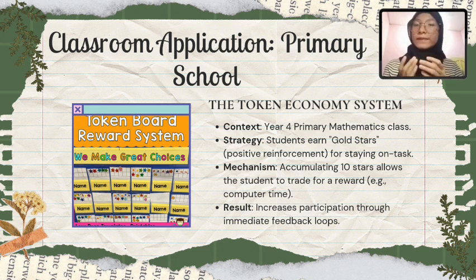Whenever students complete their math drill correctly or show good behavior, the teacher can award them small stars or stamp tokens on a chart. Once a student collects 10 stamps or a specific amount of stamps, they can exchange them for small rewards, such as 5 minutes of educational computer games or becoming the class leader for the day. Immediate feedback and positive reinforcement keep young learners motivated, while clear rules help maintain discipline during classroom routines.